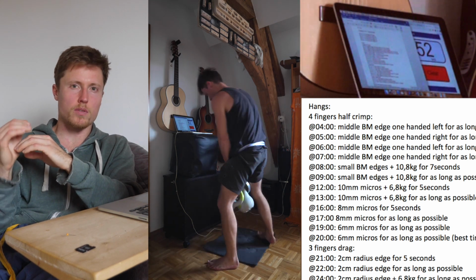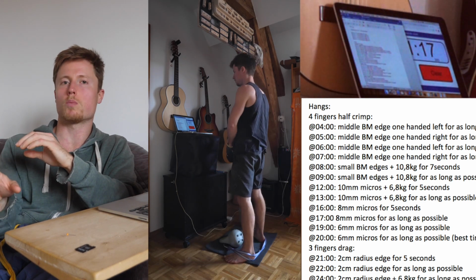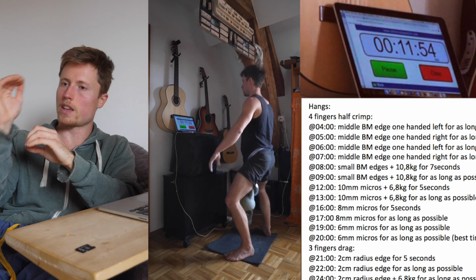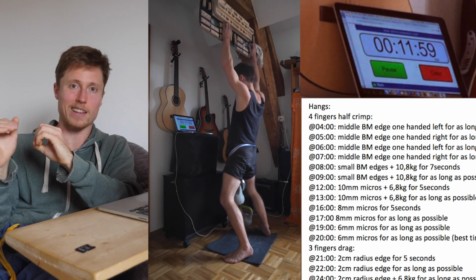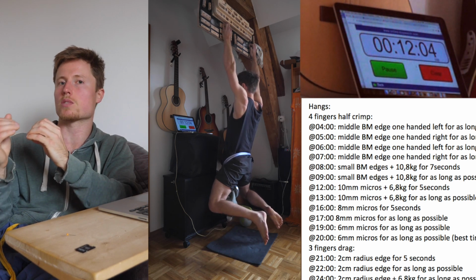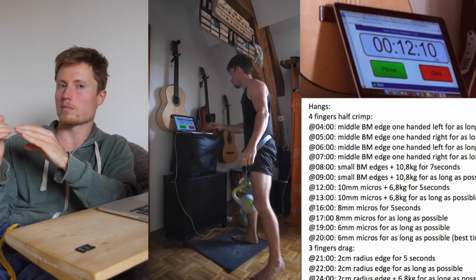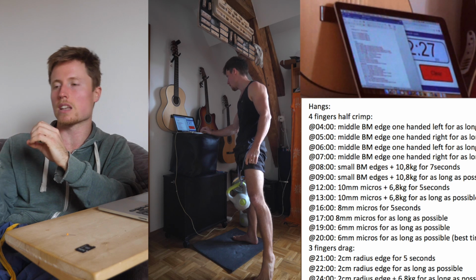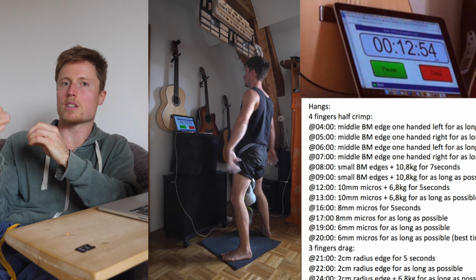Everything is timed very accurately, in such a way that I only have to start my stopwatch at the beginning of the session, and then everything is timed out. I have every rest timed, every hang especially. The resting times depend on how successful you are on some of these hangs. If you're super successful, then you get a little less resting time. It's a bit harder that way, but the resting times are still timed